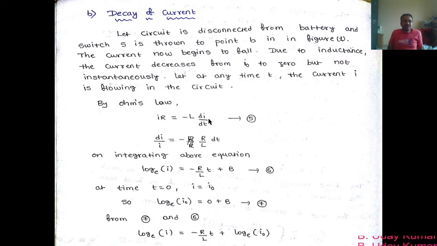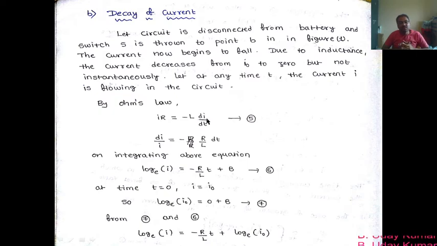The functioning of L is that it always opposes. L is nothing but the inductance of the inductor, right? This inductance is also a kind of resistance to the current, which always opposes the change of the current. The problem is that because of this inductor, the current will not reach its maximum value quickly. At the same time, the current will not reach zero from its maximum value quickly. It takes some time. That response of current with respect to time is called growth of current and also decay of current.